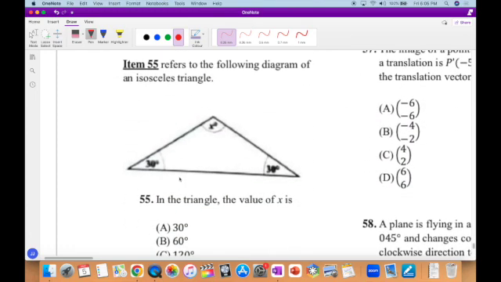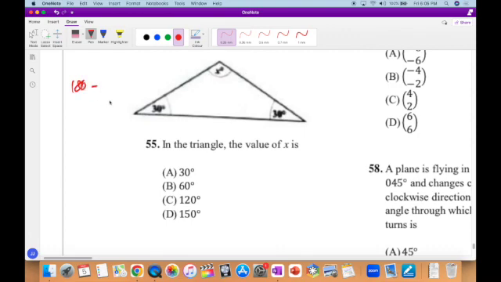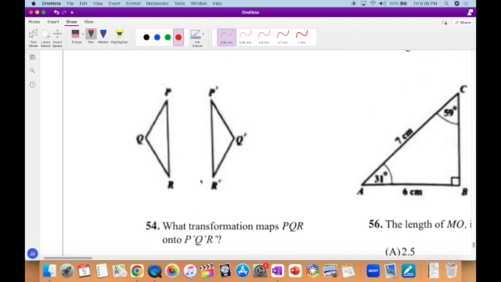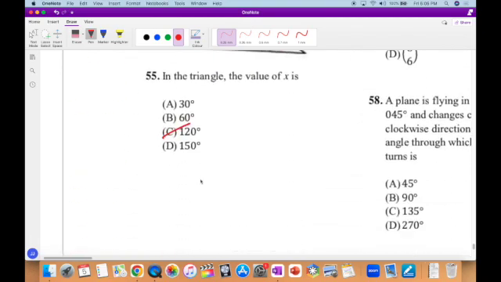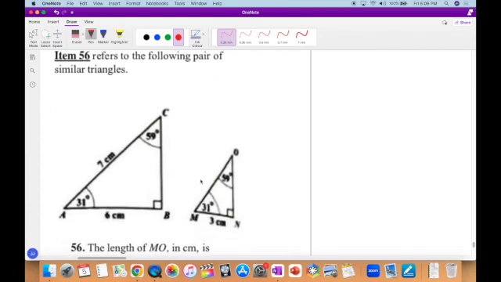Refers to the following diagram of an isosceles triangle. In the triangle, the value of x is, well, we know that it will be 180 minus 30 and 30, which is 60. So 180 minus 60 will give us 120 degrees. Makes sense, it does look 120 degrees-ish. That was number 55. Number 56